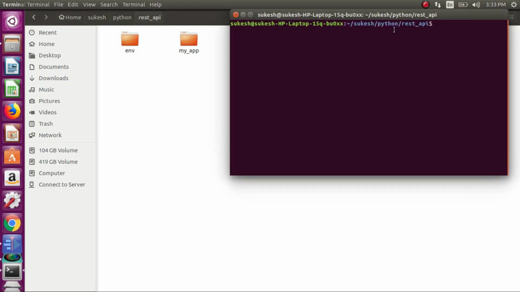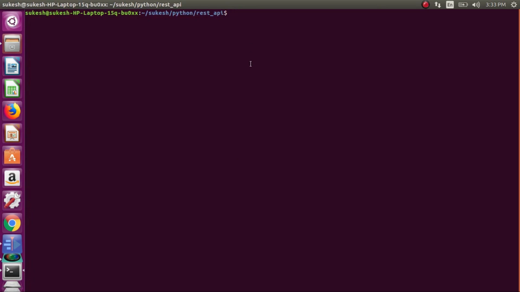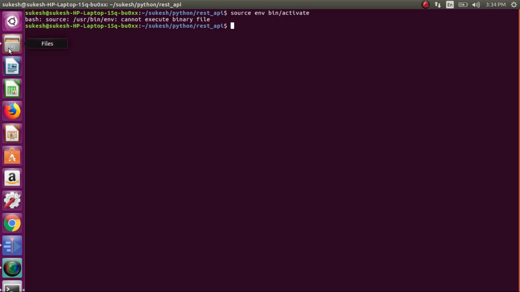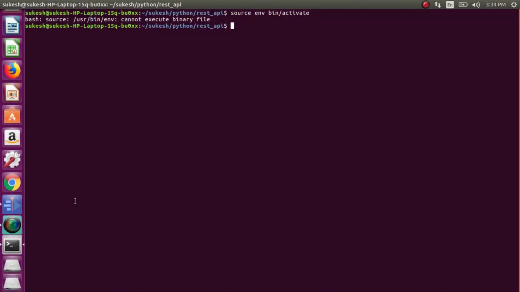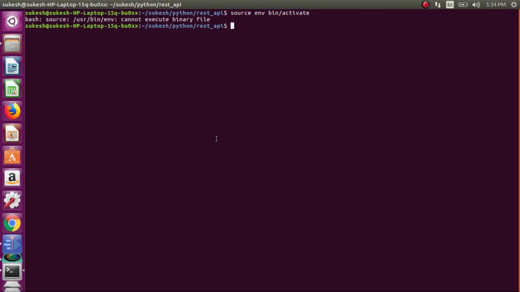Now check how to run this code. So source env bin activate. Oh, there is a spelling mistake there. Yeah, there should be a space in between env and bin activate. Source env/bin/activate. Yes, env is activated. Then python manage.py makemigrations to create